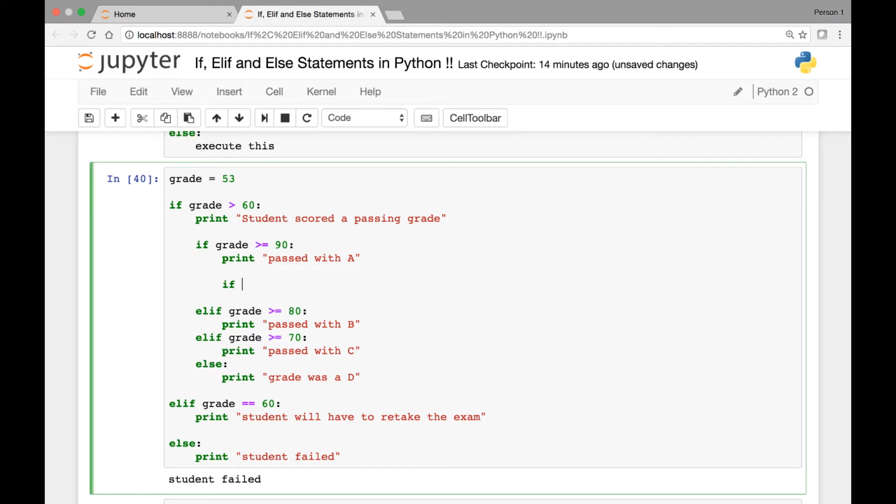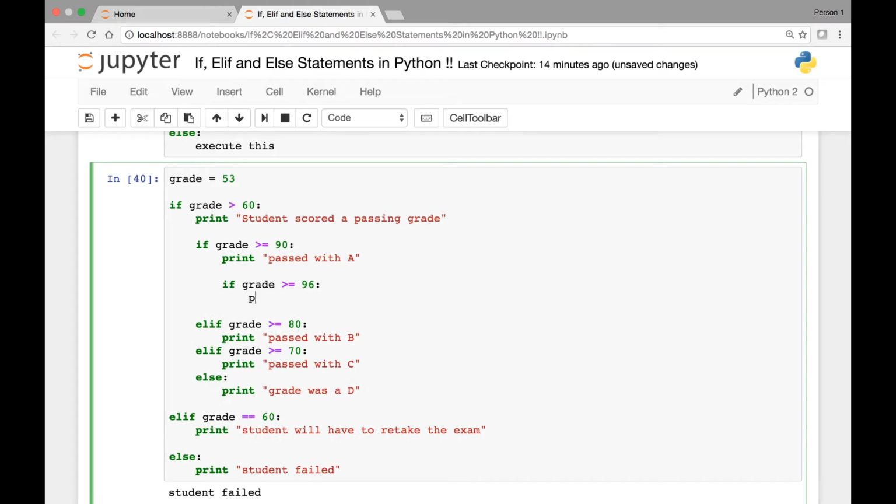We can say if grade is greater than or equal to 96, let's say, we can say print passed with A plus,